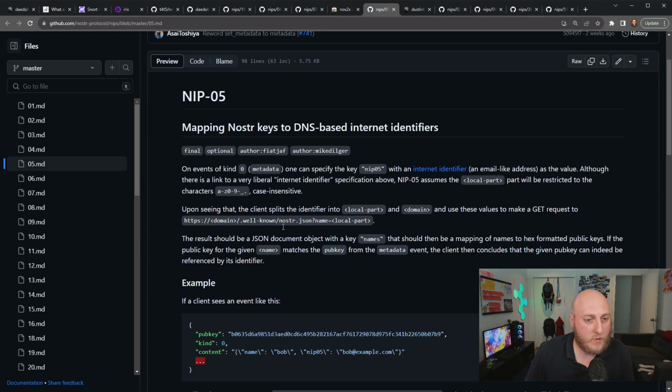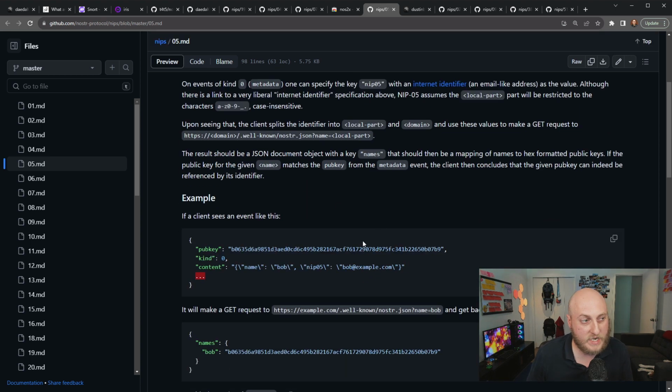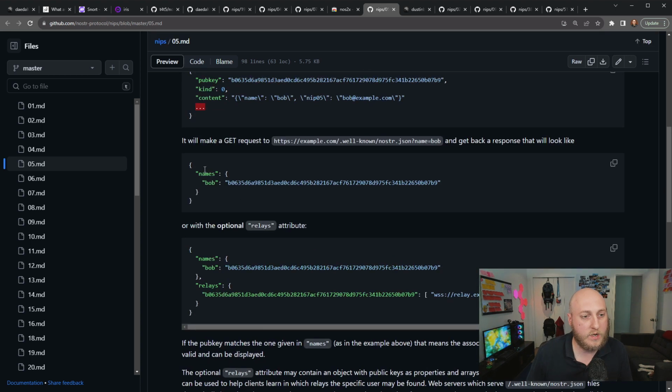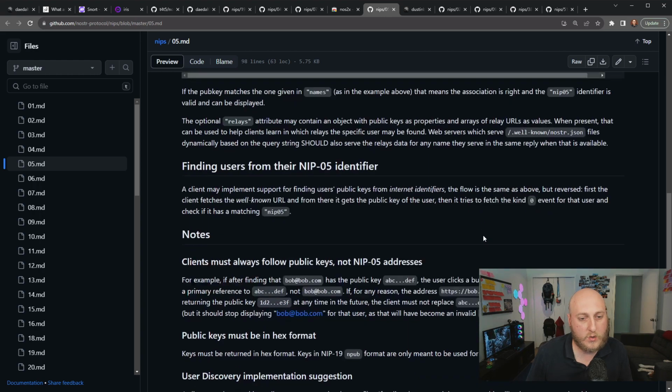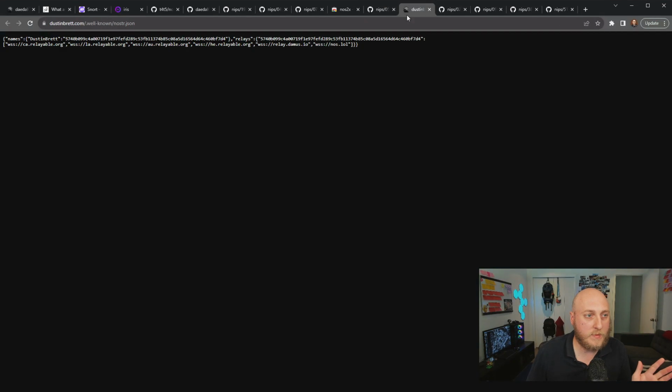This is for how the verification thing works, where you can host files. You can do it through DNS with your domain, or you can make a JSON file and just host it in the well-known folder. That's what I'm doing. So you see here,